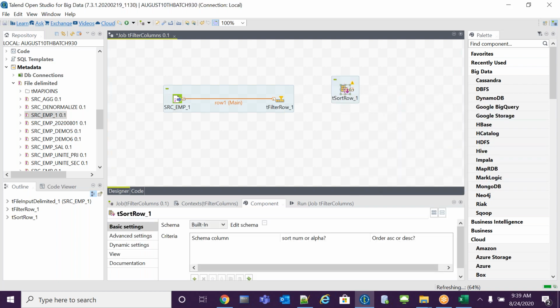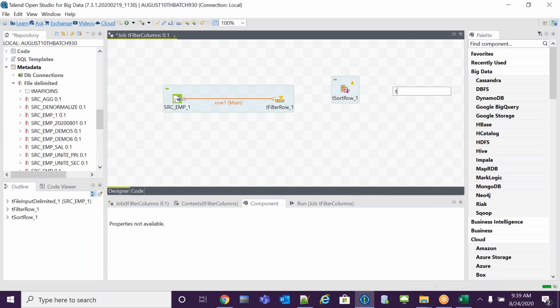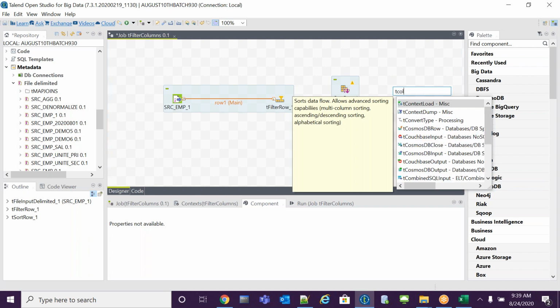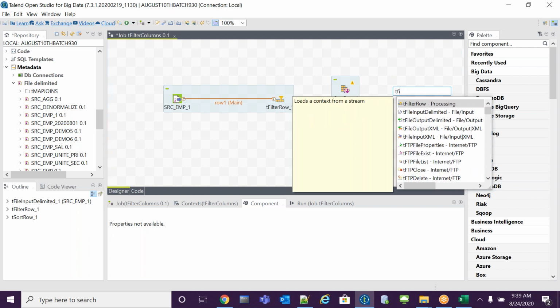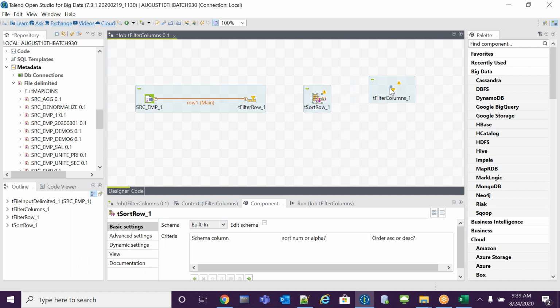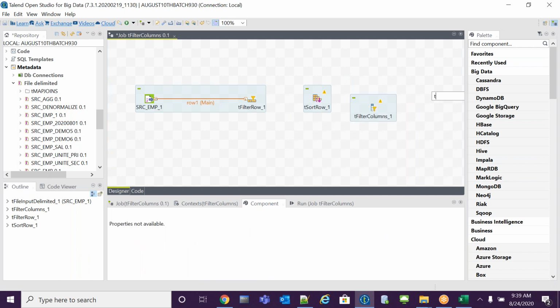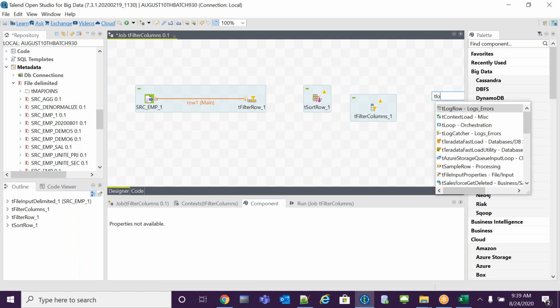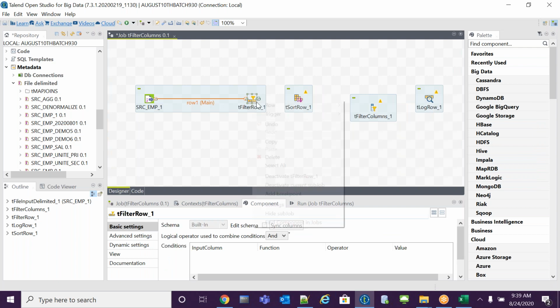Suppose after sorting, I don't want some of the columns. I can remove those columns by using tFilterColumns. Okay, I will take it. Then I will load into the target, tLogRow.